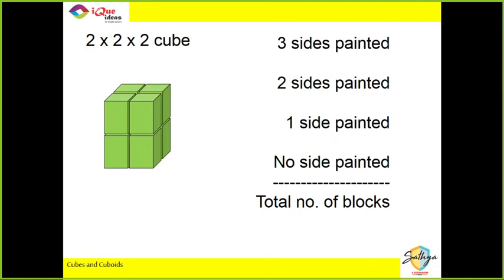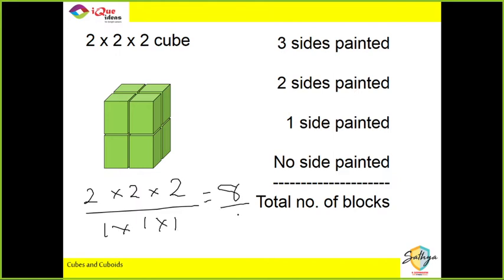If it's a 2 by 2 by 2 cube, first of all, can you tell me how many cubes are there in total? So let us assume that it is a cube of 2 centimeters by 2 centimeters by 2 centimeters, and it is cut into smaller pieces of 1 by 1 by 1. So 2 2s are 4, 2 4s are 8, 1 1s are 1, 1 1s are 1, 8 divided by 1, we will have a total of 8 pieces, right? If I cut a 2 2 2 का cube into small pieces of 1 1 1, that is length, breadth and height is 1 1 1, I get a total of 8 pieces.